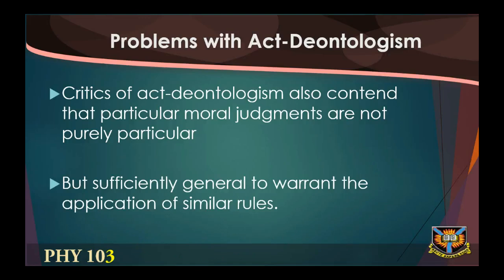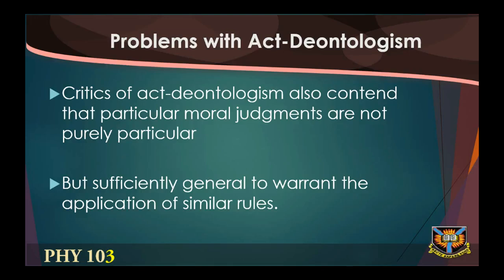However, this position amounts to an inconsistency or the use of a double standard, because ordinarily, if we say that X should do Y in situation Z, we should be ready to say the same for other people in other